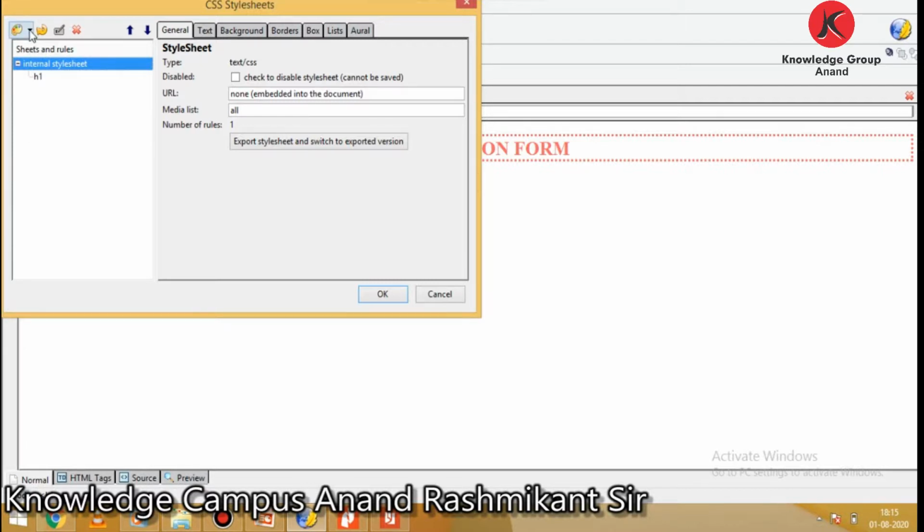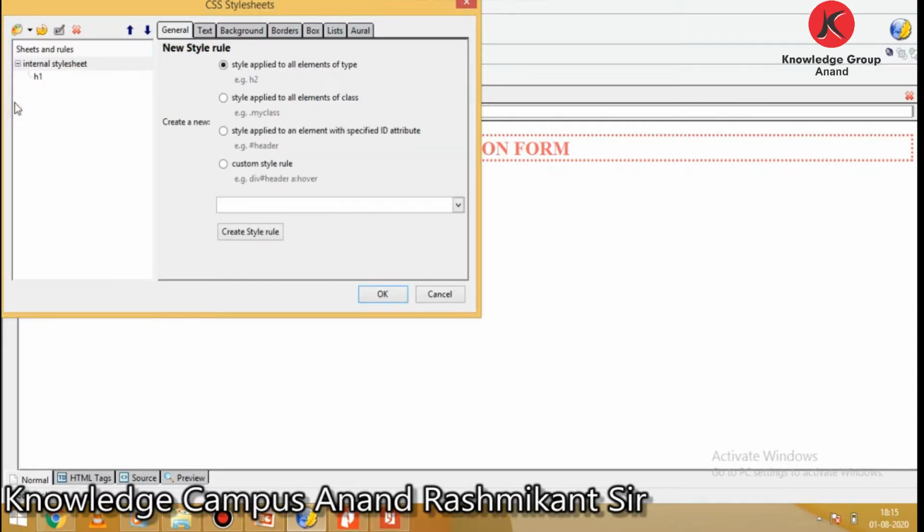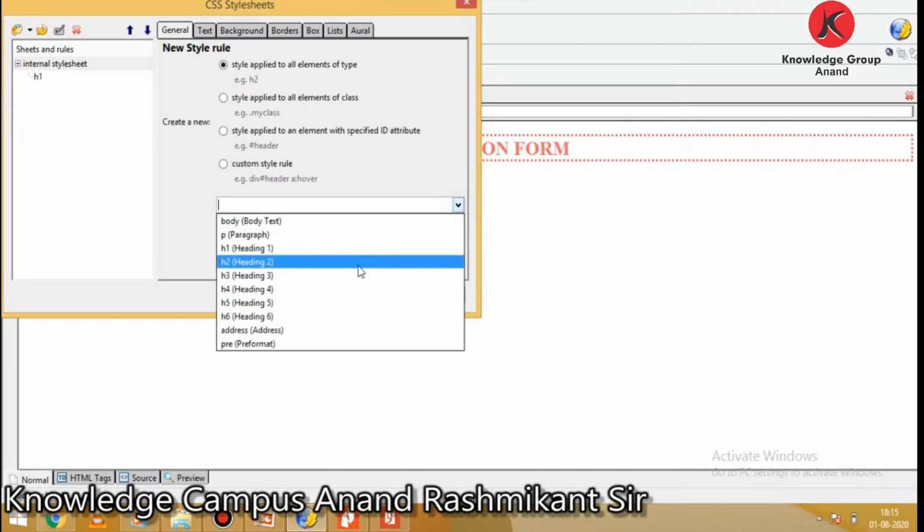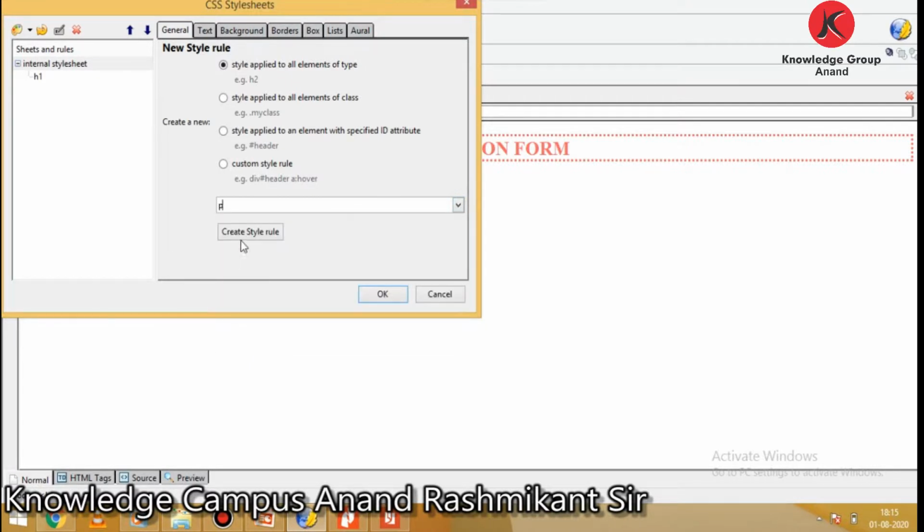You can see in the upper left corner of the CSS Style Sheet dialog box, choose Style Rule from the drop down menu, and after adding the style rule for all the elements, click the OK button. Then from the drop down menu select paragraph and choose Create Style Rule.